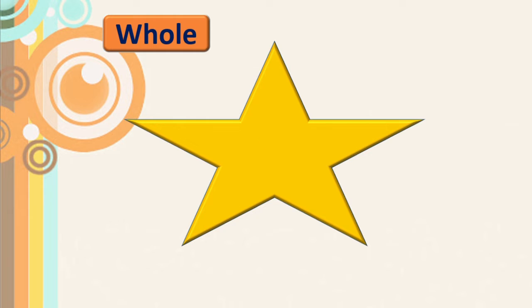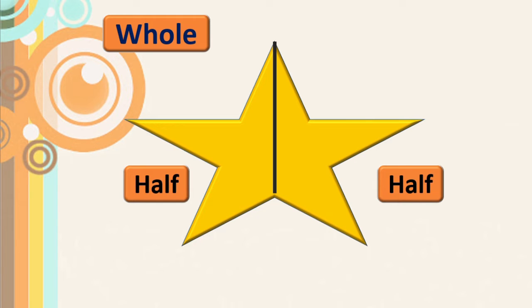Now see here, this is one whole star. Okay, means any shape, anything we can do into half. Okay, this has, see here, 5 corners. 1, 2, 3, 4, 5 corners. Now, how can we cut this exactly into half? Yes, here we can draw the line like this. Now this portion became half of this star and this side is half of this star. Got this? Okay, we will cut this star.